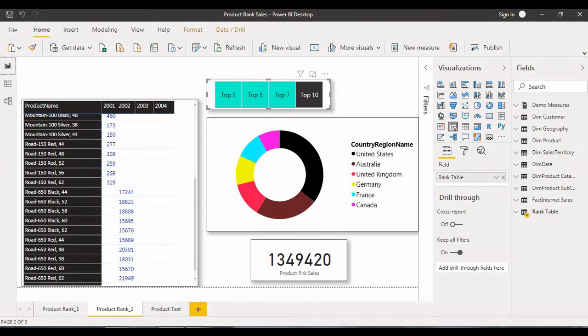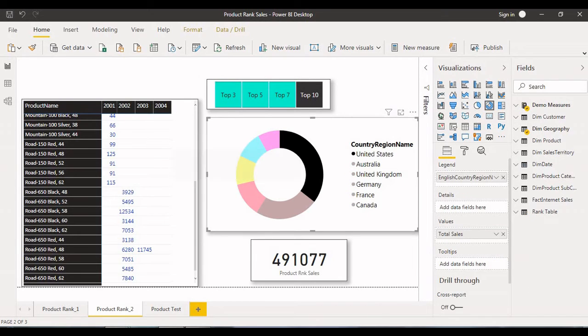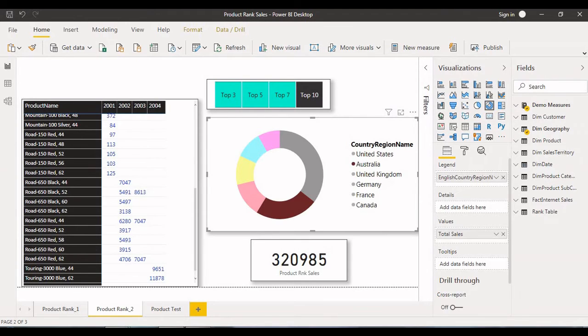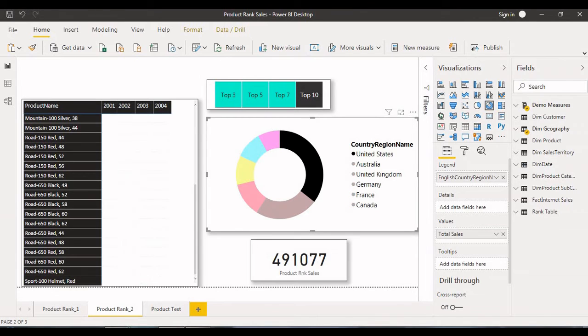So based on the selection we are getting the top products, but if you want country wise, I want to see the top 3 products. So we have the country, right? So each country wise, for example if I click on country United States, see the legend is highlighting. Based on the selection we automatically get highlighting, right? You can notice, right? So for example if I click on United States sales, I want the top 3 products,